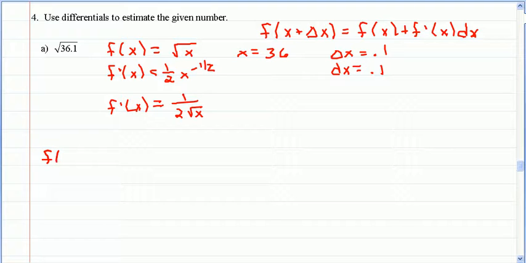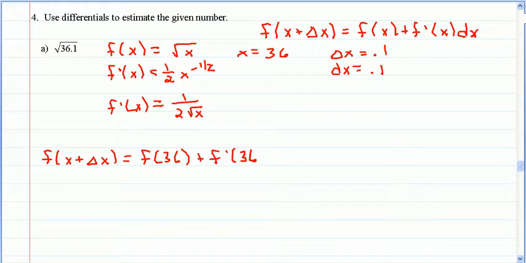So to approximate this answer of x plus delta x, I take f of x, which is f of 36, plus f prime of 36 times dx, which is 0.1, and f of 36 is just 6. F prime of 36 is 1/12,